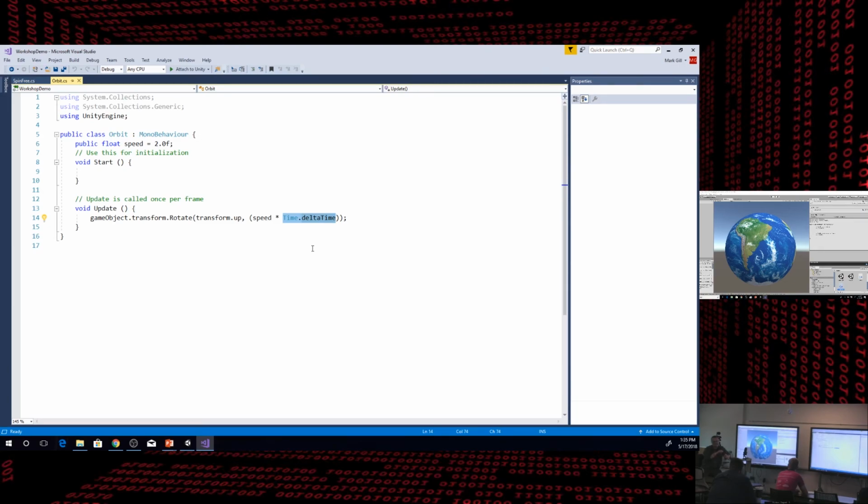So just like update is going to happen on an irregular frequency, Time.deltaTime is going to have a different, very, very small value every frame, because frames don't happen exactly on the same timing interval. So Time.deltaTime is always going to be a little bit different. It's however long it's been since the previous frame. When you see something multiplied by Time.deltaTime,